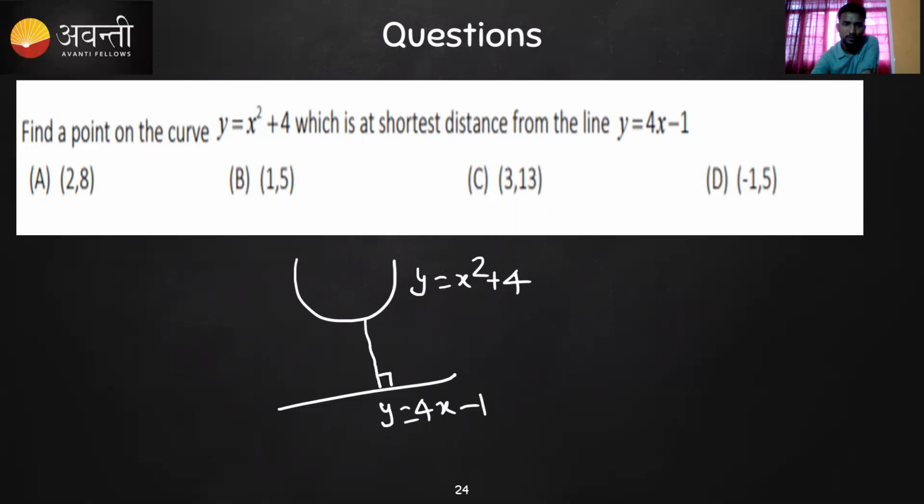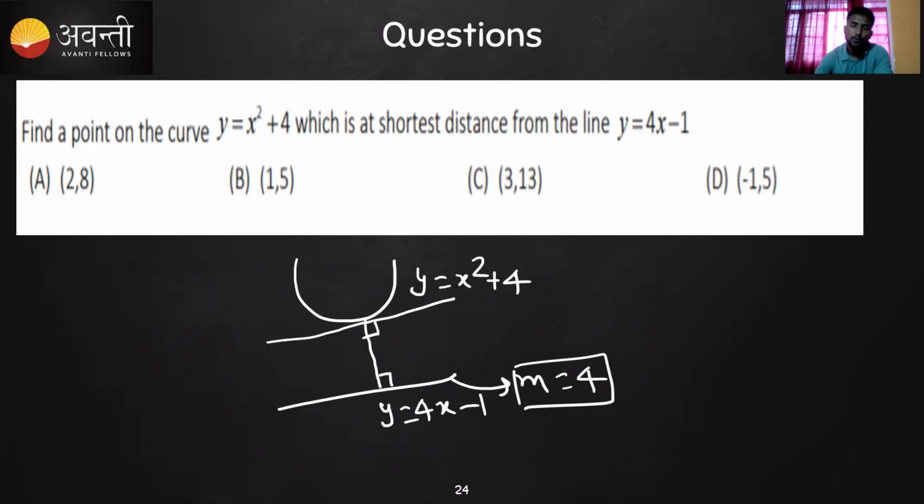So if it is the shortest distance, then it will be perpendicular, and if you draw this tangent, it will also be perpendicular. We know what the value of this slope will be. From here it is m is equal to 4, and so the slope of this tangent will also be equal to 4, because both will be parallel now. So the slope will be 4. So from here we are going to find this slope. So what will this slope be? It will be dy by dx is equal to 2x. Okay, guys.